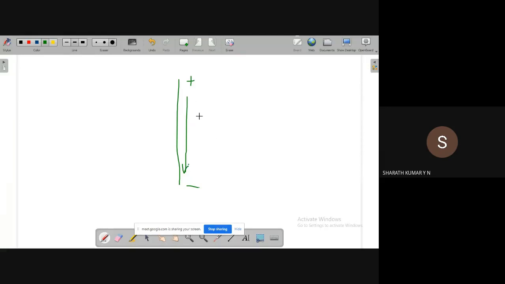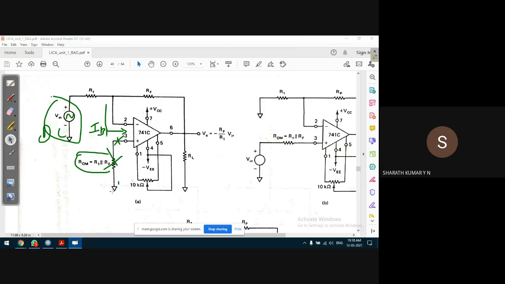Electrons will replace the holes. An EMF difference exists between two points, where the flow of charges takes place from higher potential to lower potential. If there is no ground connected, there is no reference voltage, and there cannot be any flow of charges. So for that, the non-inverting input pin is connected to ground. Just because the non-inverting input is connected to ground, there may not be much flow of charges, and our goal is to equalize the bias current at both the non-inverting and the inverting input terminals. Thereby, this additional resistance is required. So this we have to understand.